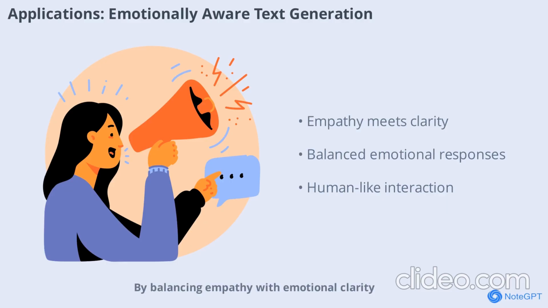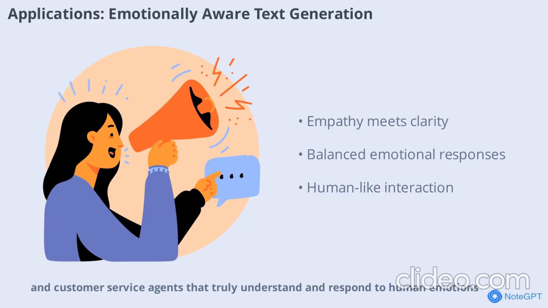By balancing empathy with emotional clarity, AI systems can produce responses that are not only accurate but also sensitive to the user's feelings. This equilibrium ensures that the AI neither overreacts nor underplays emotional cues, resulting in more natural and human-like interactions. Such capabilities are crucial for building AI companions, virtual therapists, and customer service agents that truly understand and